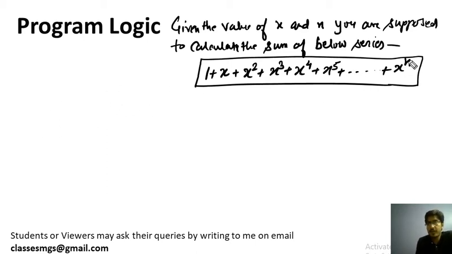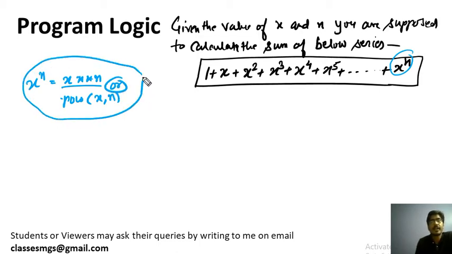So first, if you don't know how to calculate x raised to power n, then for those students who didn't watch the last practical, I am just telling that x raised to power n can be calculated by applying the double star or using the power function of Python. You can use any of the methods to calculate x raised to power n. Okay. Now, what is given? x is given and n is given. Let's suppose x is 1 and n is, let's suppose, 5.